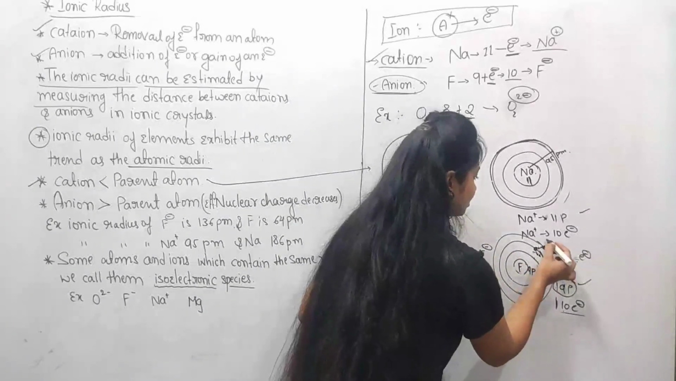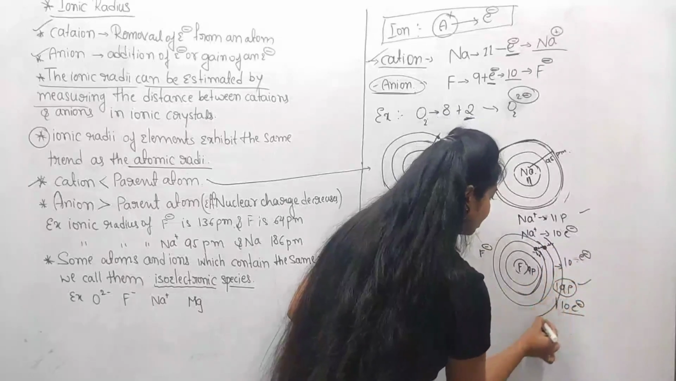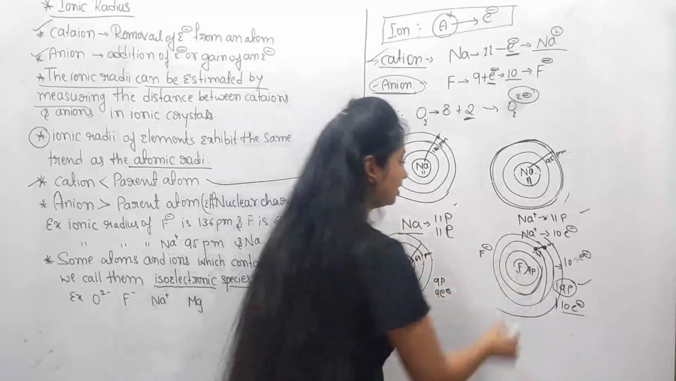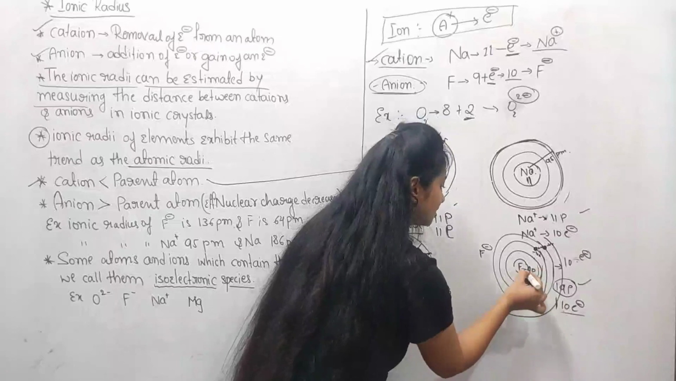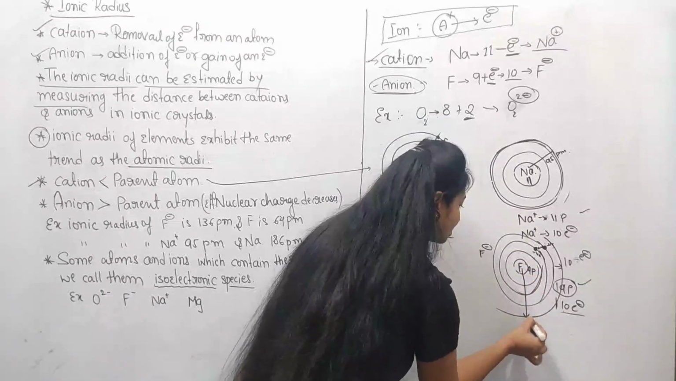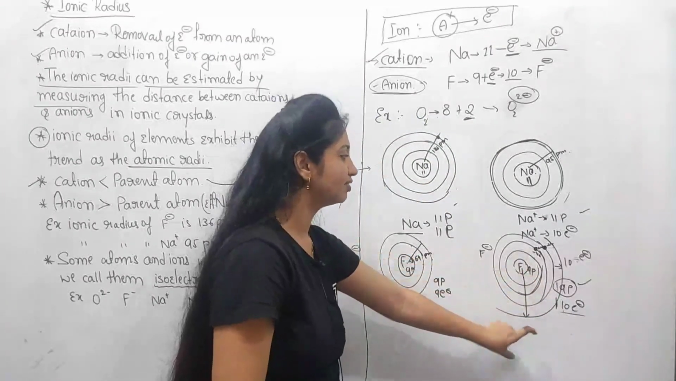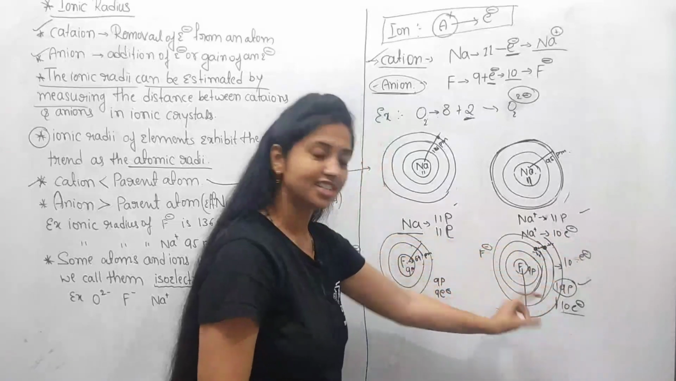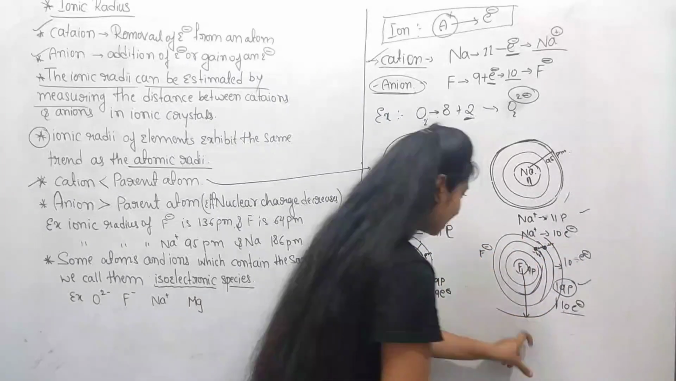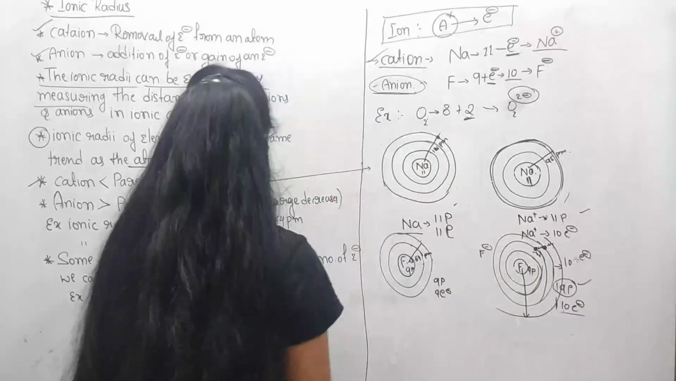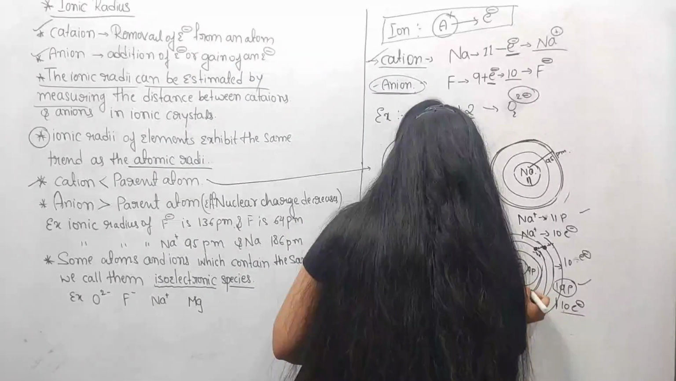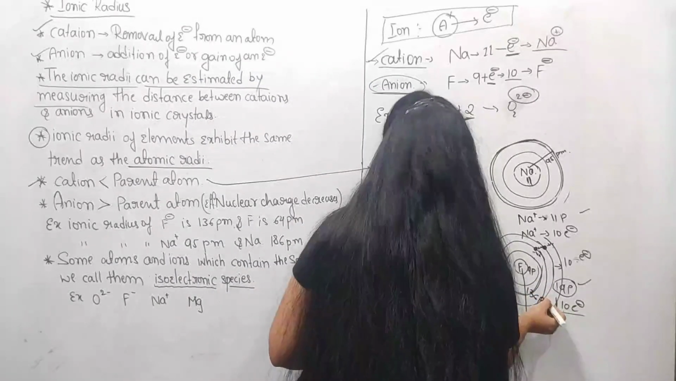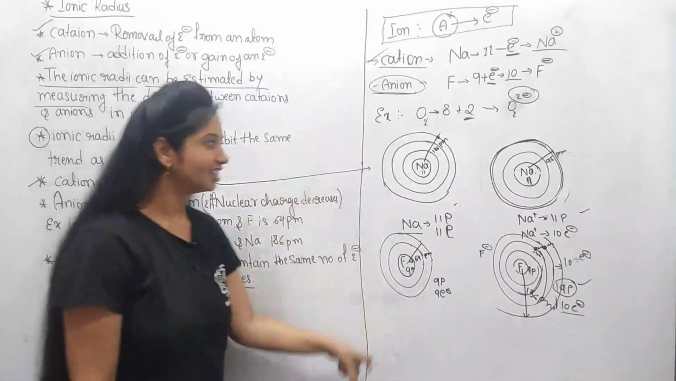Again it goes away from the nucleus. Then automatically the distance between the nucleus and the outermost shell, which has the extra electron here, increases, and its ionic radius becomes 136 picometer. So like this,